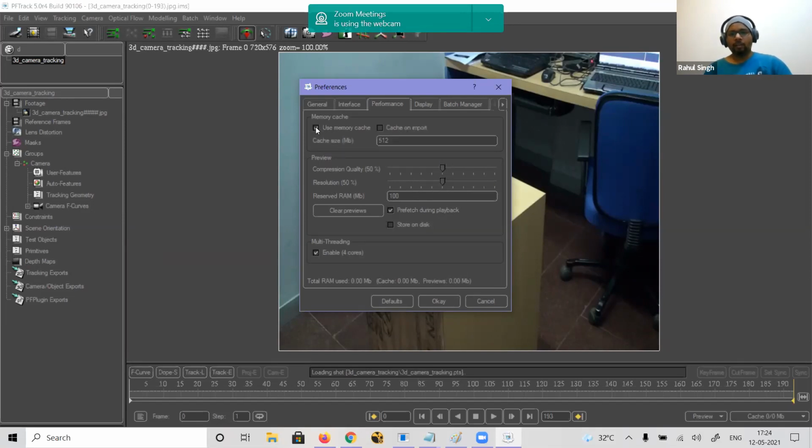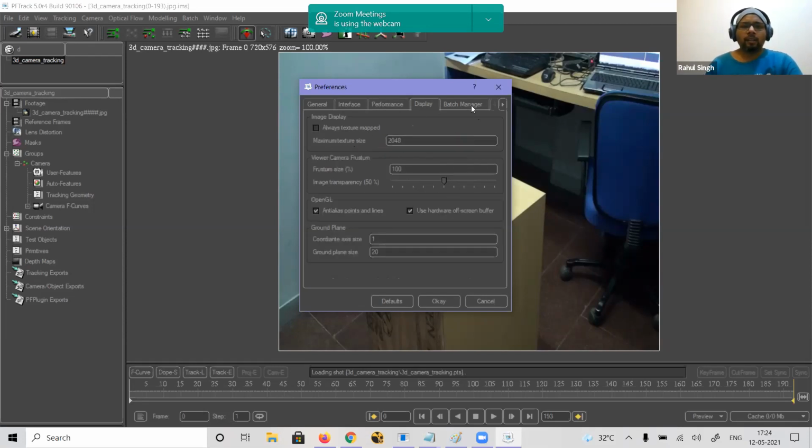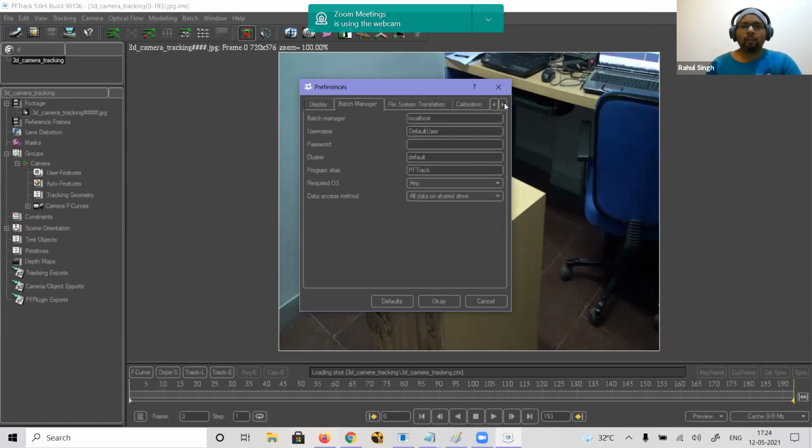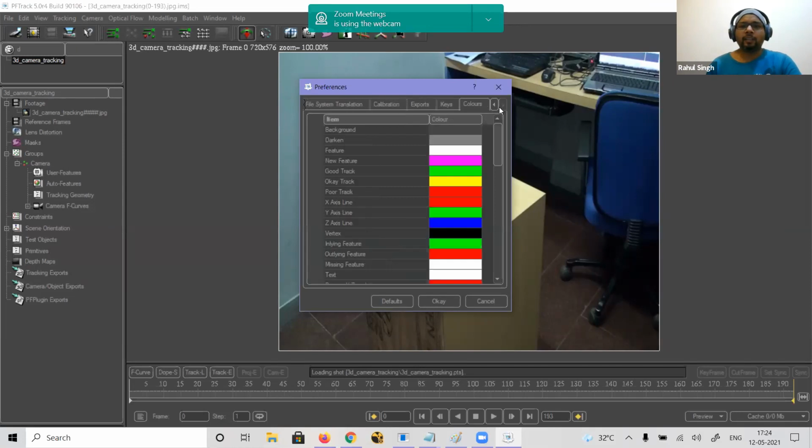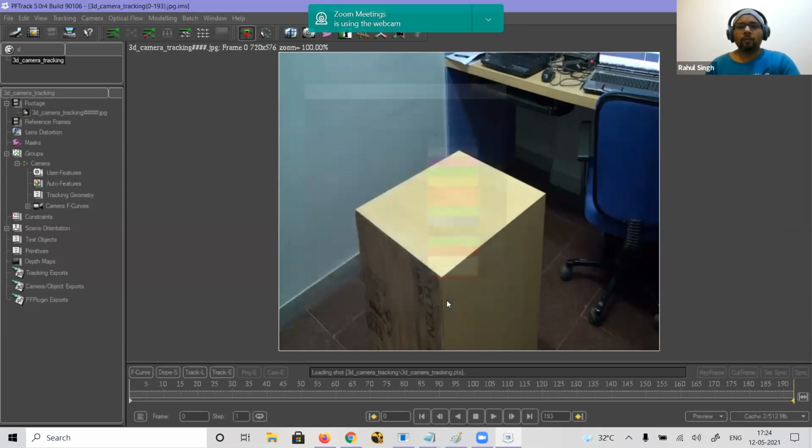It will help you run a little smoother, so it is a very good option to turn on. Everything else is fine. There are a lot of options, like file system, calibration, keys and colors, but I don't need to change anything. Once everything is done, I say OK.